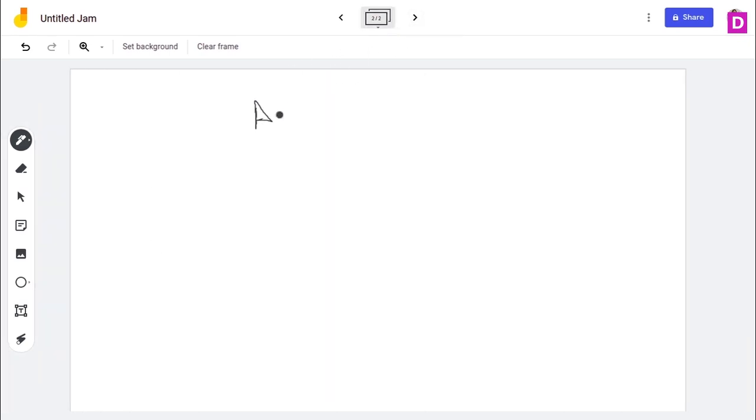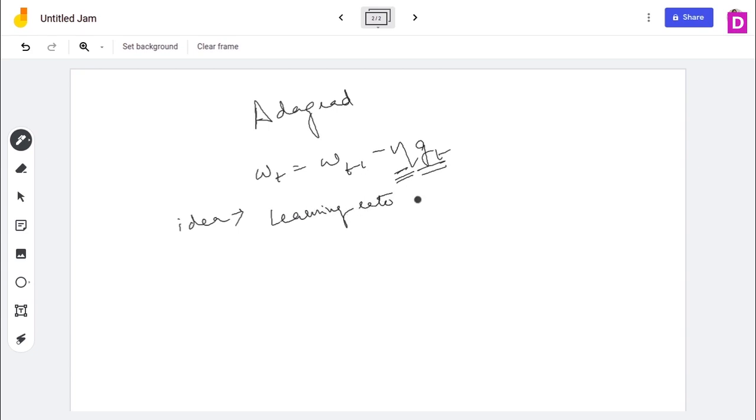So let us start with Adagrad. If you remember the equation of gradient descent, it was more like this, right? So the main idea behind Adagrad was, instead of changing the gradient descents at all times, what if we somehow come up with a method that can change the learning rate? So we need to change the learning rate with every epoch or iteration.